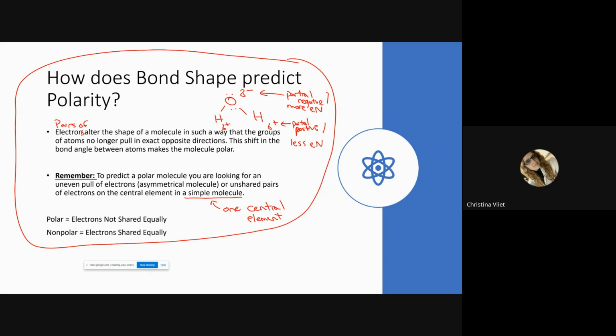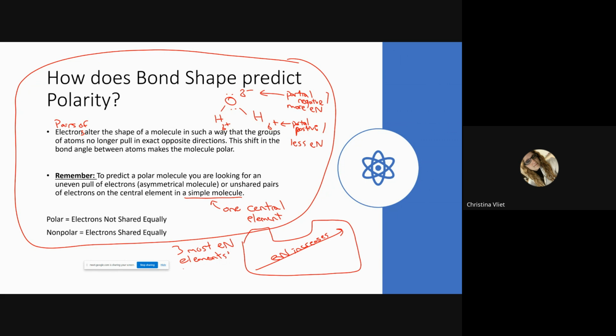You are also going to have to remember, in general, what elements are more electronegative and what elements are less electronegative. It would serve you well to memorize the trend back in unit 2, that electronegativity increases as you go up the periodic table and go from left to right. And you should also, at this point, memorize the 3 most electronegative elements, you're not going to have the numbers to work with,